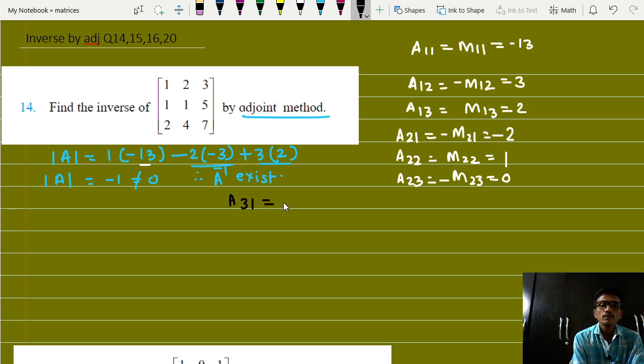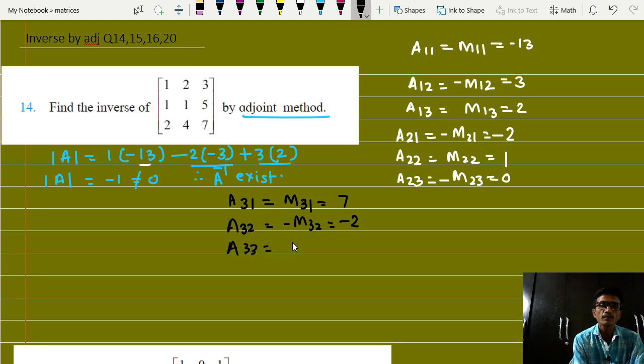a31 is equal to m31, third row and first column, so ये remaining elements है 10 minus 3 7, then a32 is equal to minus of m32, so third row and second column डिलीट करना है, थर्ड रो और सेकंड कॉलम 1 1 3 5, तो इसका एक्सपेंशन होगा 5 माइनस 3 दैट इज 2, बट नेगेटिव साइन है तो माइनस होगा, देन a33